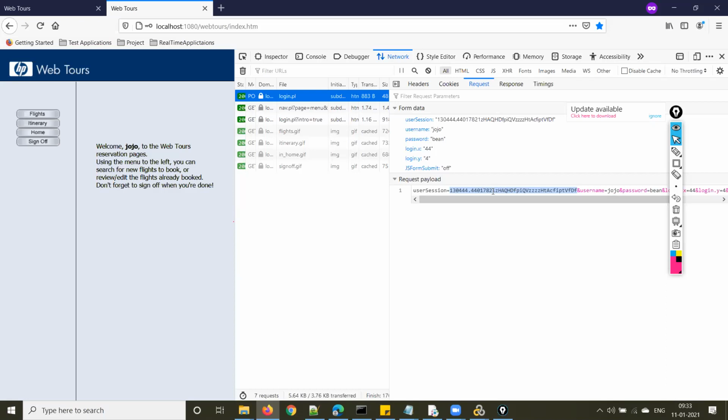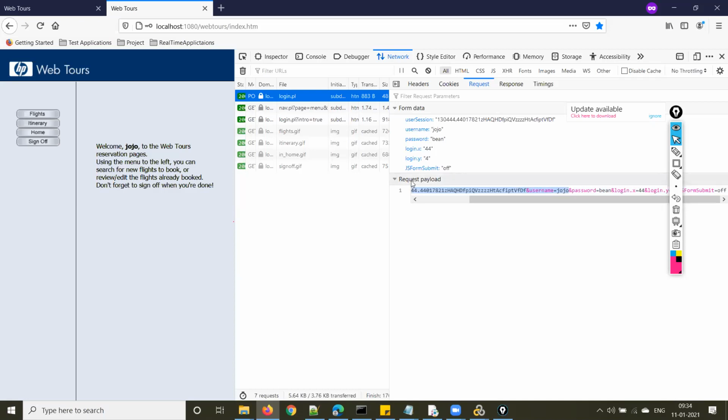The server has generated this value and sent it in the launch page to the browser. It is a dynamic value generated by the server, and along with the username and password, this value is getting submitted.